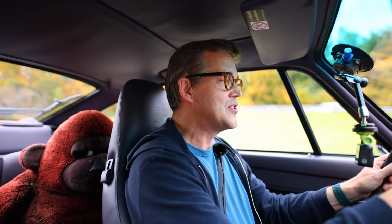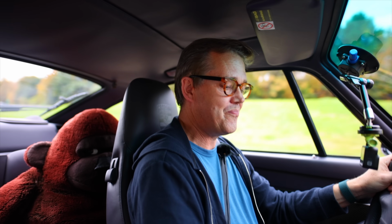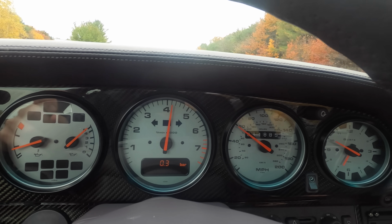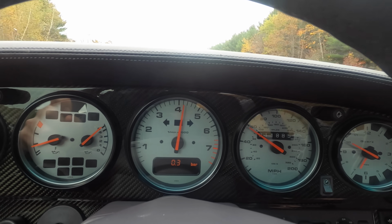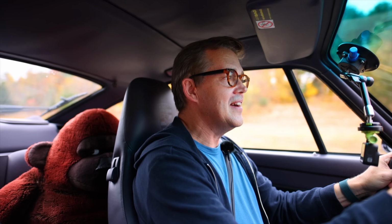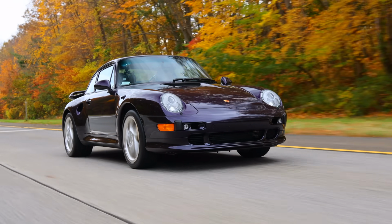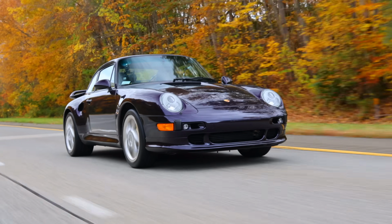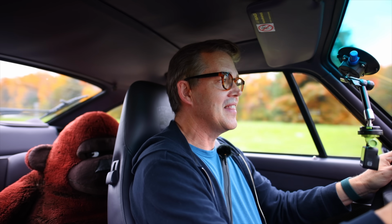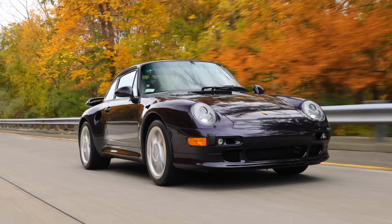This is a very torquey beast in comparison to my regular 993. I'll drop it down a gear or 2 here, down to 3rd. And then I put my foot down, 1, 2, 3, and it launches away. I mean, these days they produce about the same power as a regular Carrera, maybe a Carrera S, 4 to 450 horsepower, but they deliver it quite differently, and it's quite different to drive, as you'd expect, than my 993